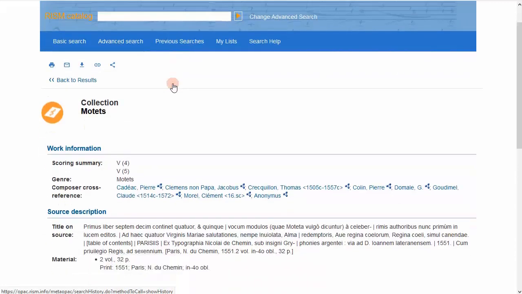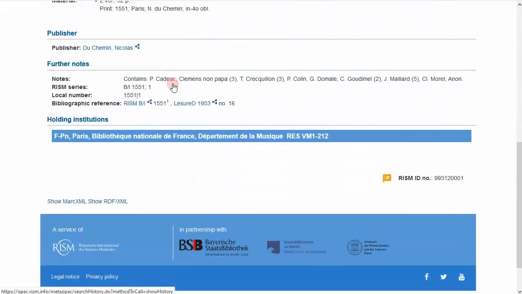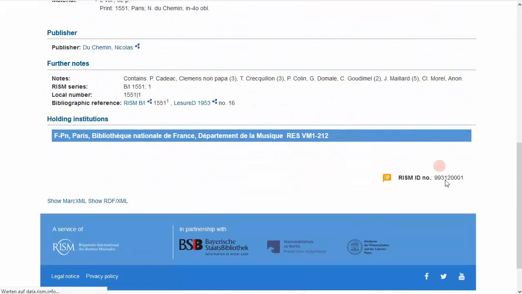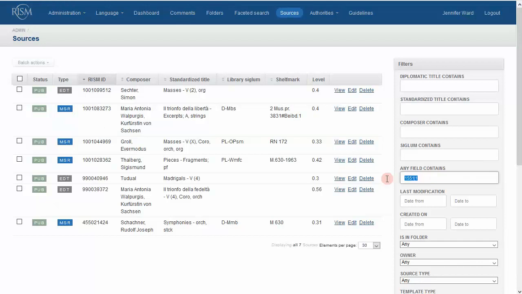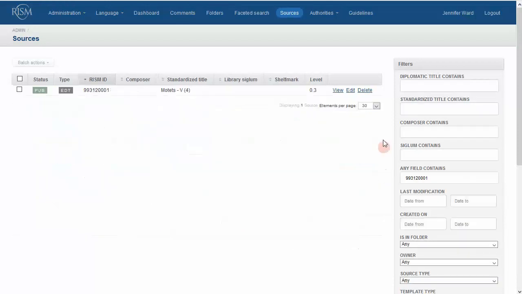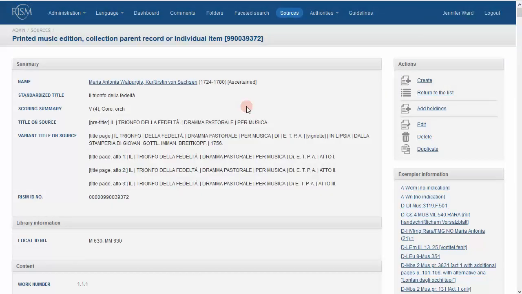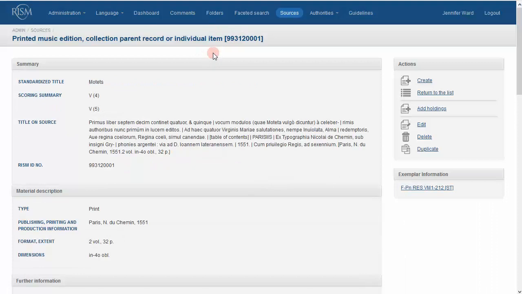Once you find your record in the OPAC, just copy the RISM number and search for it in MuseCat. Generally, records from A1 will have a RISM number that begins with 99. Records from B1 will have a RISM number that begins with 993.